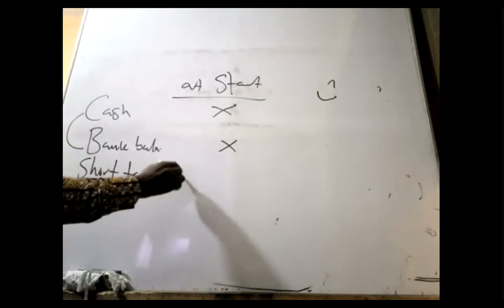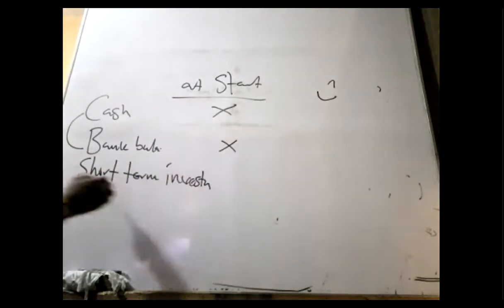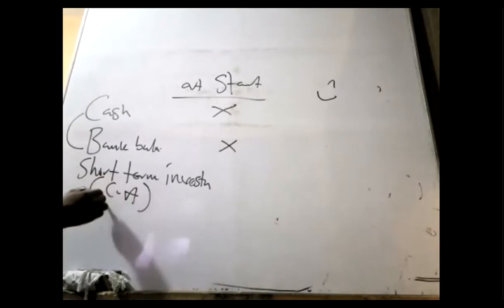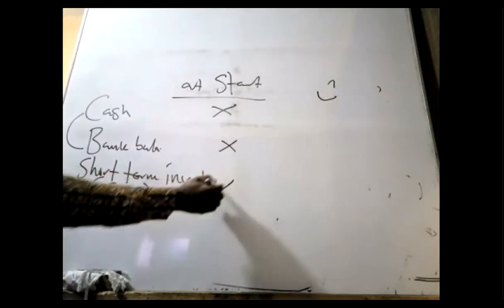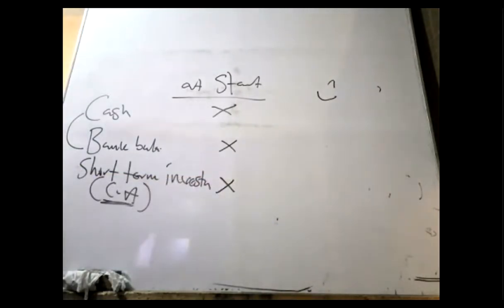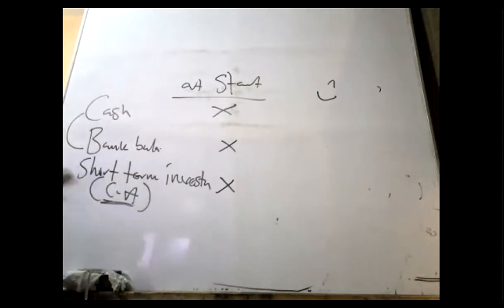Examples of cash equivalent: short-term investments. Usually, if you see investment at the current assets, it's a critical example. But please, again, if you see investment at the current assets, let the examiner tell you that this is cash equivalent. They will pass a note like it is highly liquid or readily available, meaning that it's cash and cash equivalent.